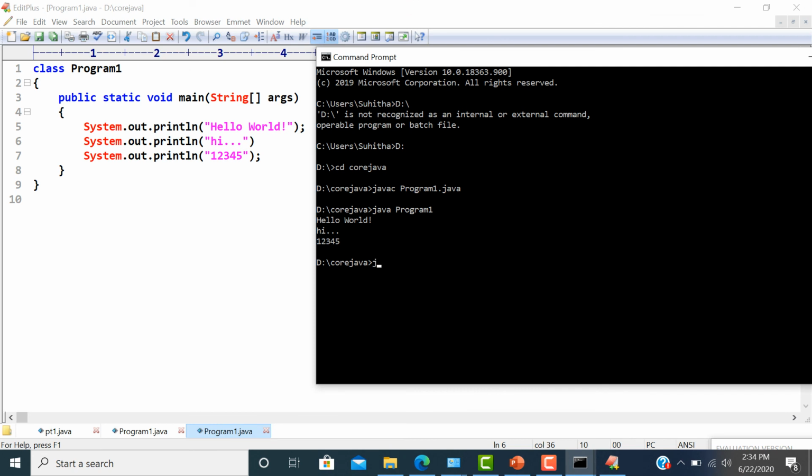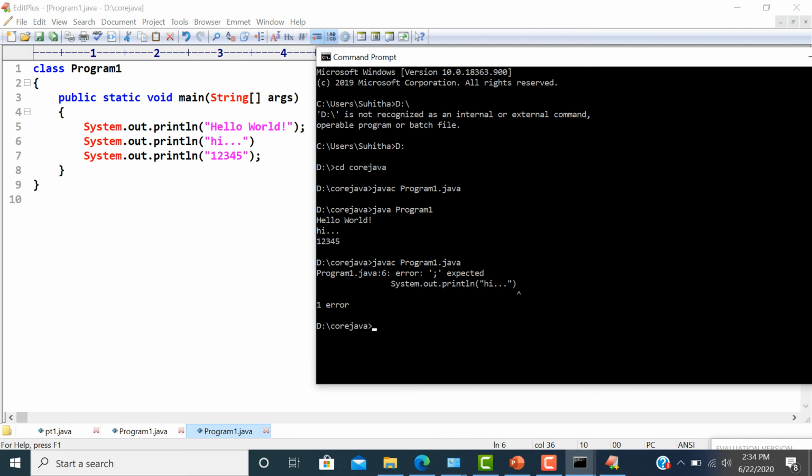Again I'm going to call my compiler. Let us see whether the compiler is throwing an error or not. program1.java. Yes, the compiler is throwing me an error, saying that in program1.java, in the sixth line, semicolon is expected. I told you the compiler will translate this into bytecode if and only if your Java code is correct.